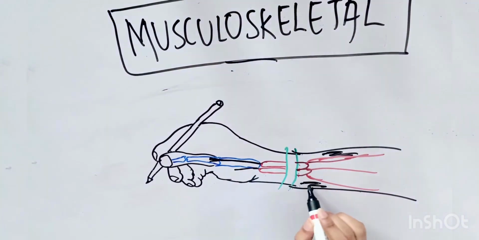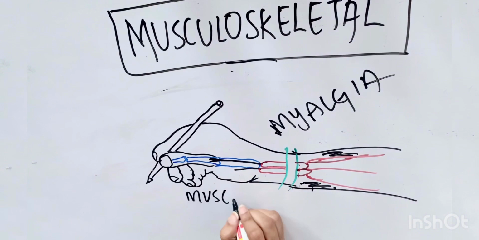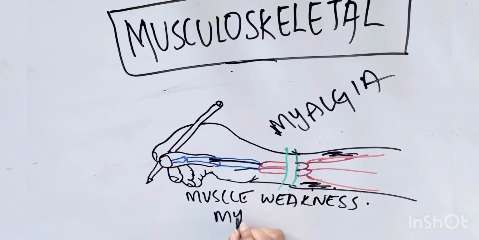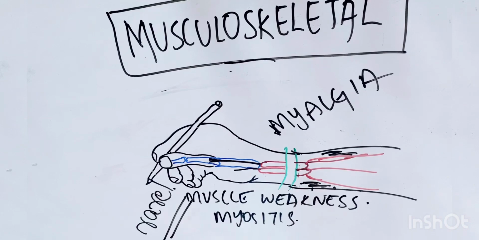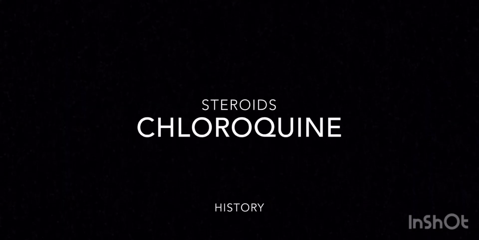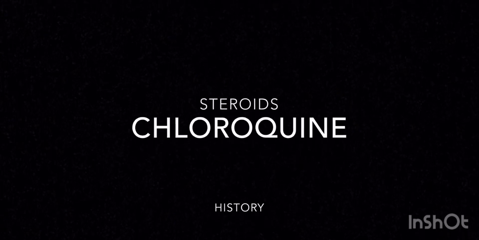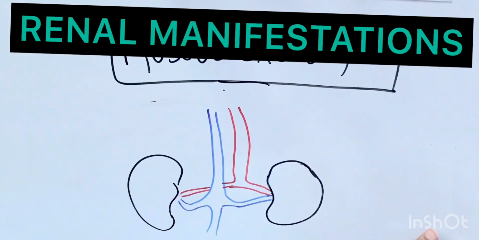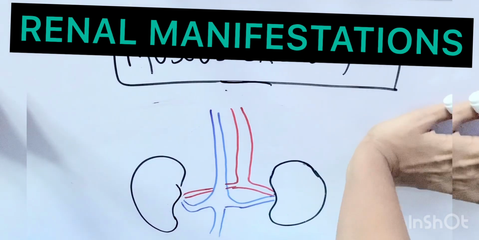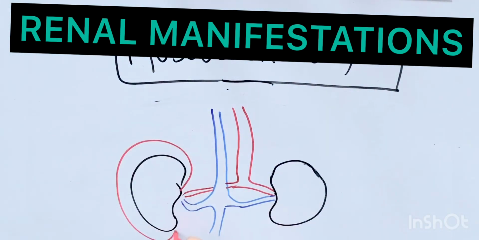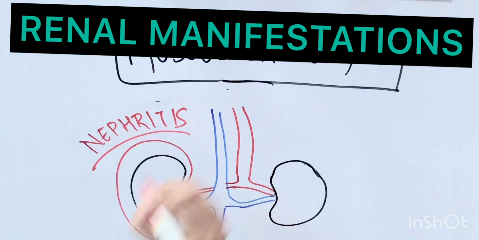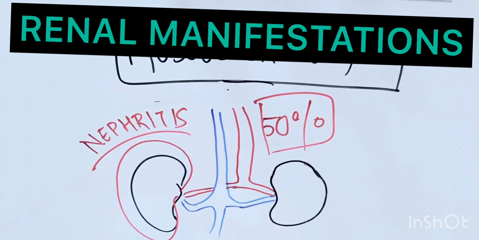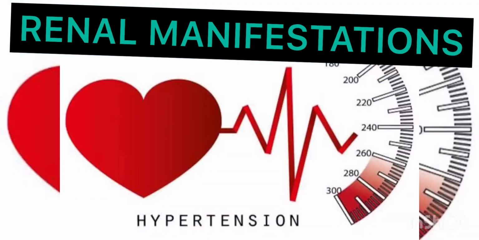All these effects may lead to myalgia, myositis and muscle weakness. Mostly in few patients these symptoms are seen. Here the important point is we need to exclude the history of using steroids and chloroquine, which may also induce myopathy. The renal involvement is present in more than 50% of the patients, which is an important determinant of our prognosis. This may manifest as nephritis where the kidney is inflamed, or nephrotic syndrome. Even unexplained hypertension can also point to the renal involvement of SLE.